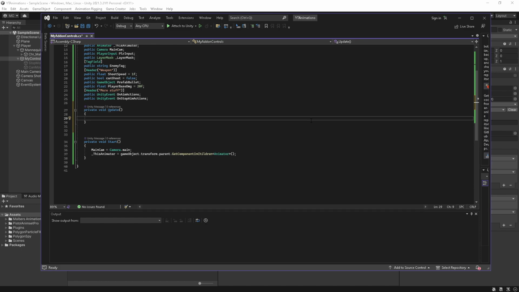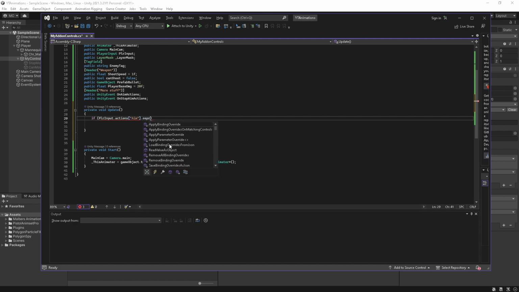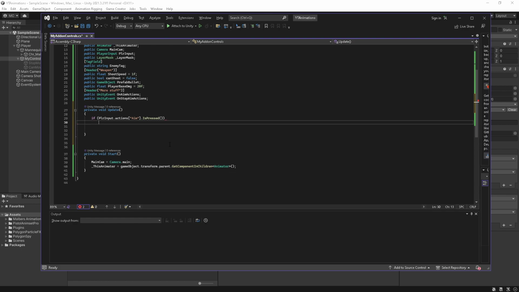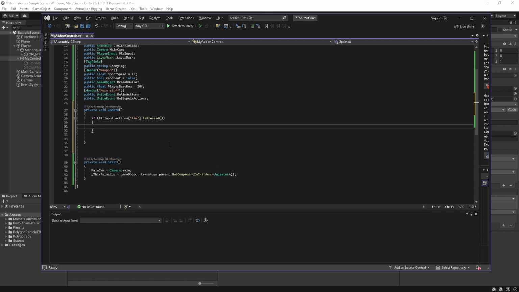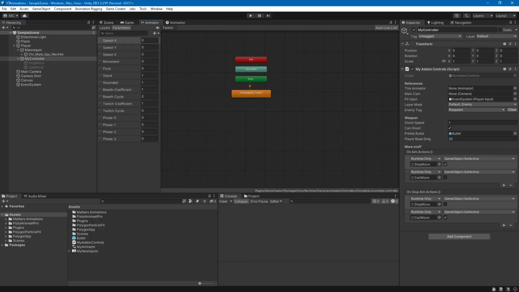So inside our update loop, we want to check for when you are pressing right click. So if player input actions, I think we called it aim. We might need to correct if it's wrong. Is pressed, thank you. And this is function, there we go. That means now we are aiming and we want to activate the animation layer. If we go to the animator, layers,